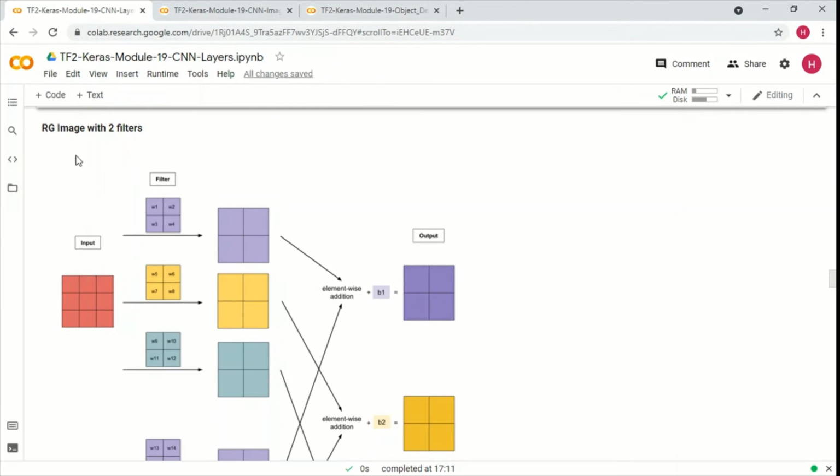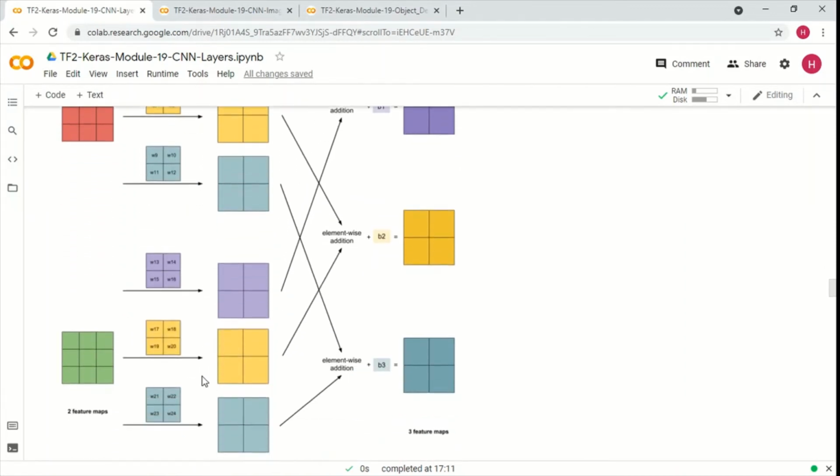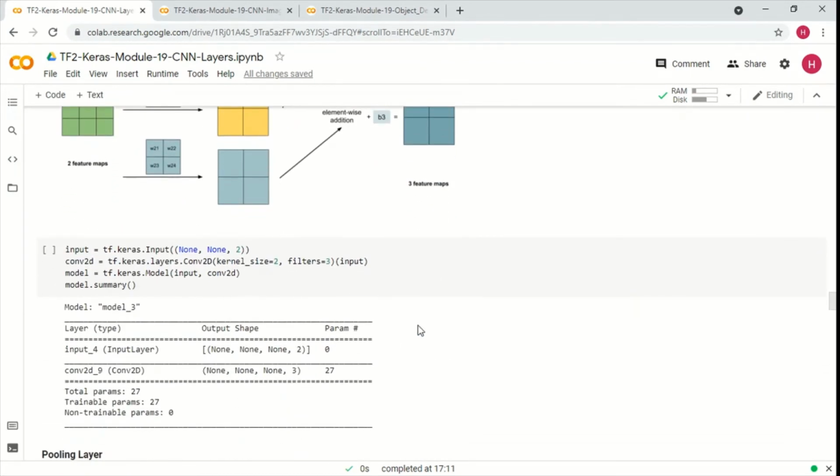There's one more example, the one that we saw in the presentation also. We have only two color channels here, and we are applying three filters to it, and then they are combined. So these are the channels in the input.